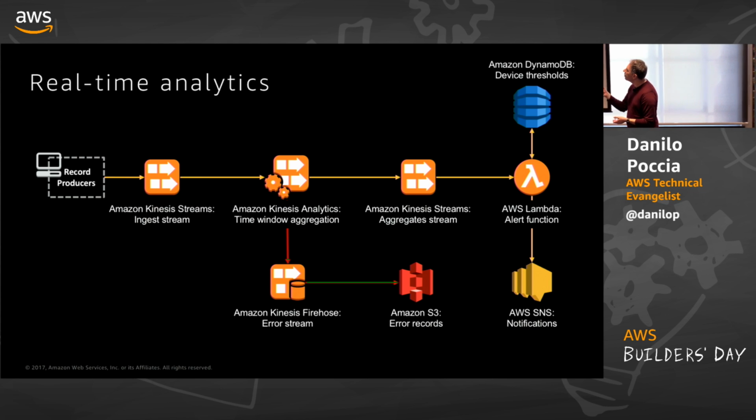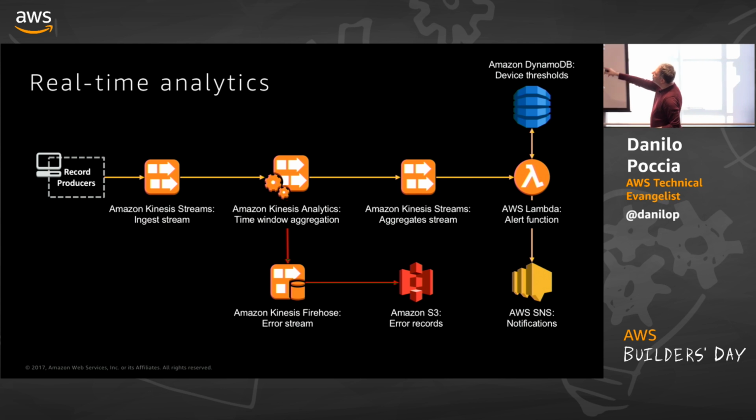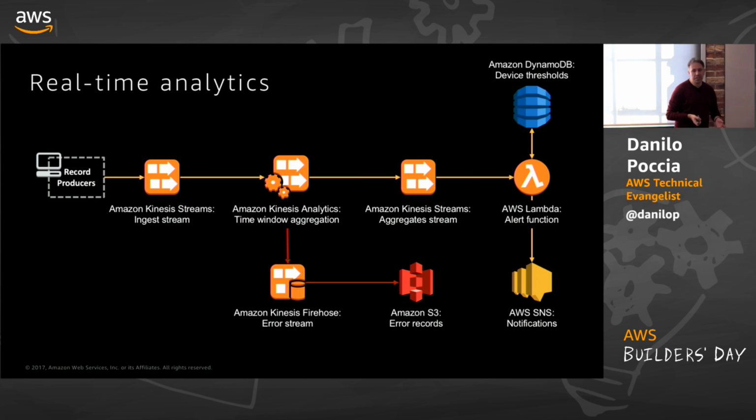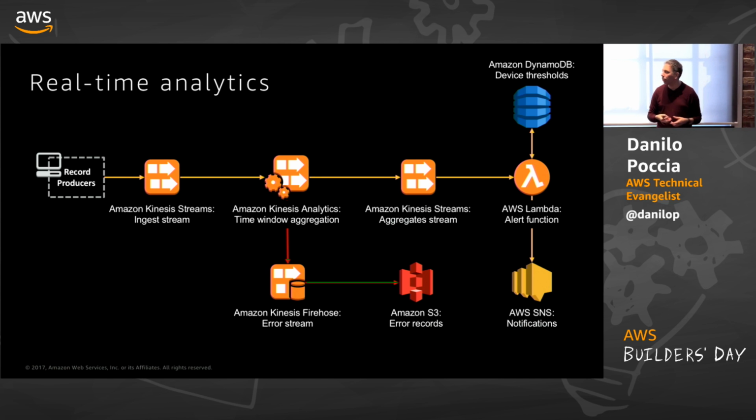Maybe it's broken. And the output of the Kinesis Analytics platform can be aggregated, so maybe here you receive millions of records, but then you aggregate every minute. This Kinesis stream can then send the information to a Lambda function that can check the average temperature every minute from your millions of sensors and act only if the record was sent with multiple data points saying that this room has this problem and maybe there were no anomalies in the device. And then you can act and maybe send an SNS notification to a support team